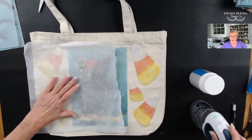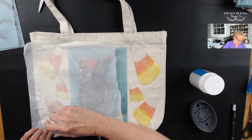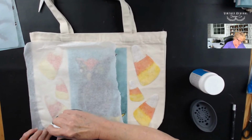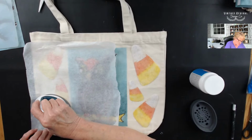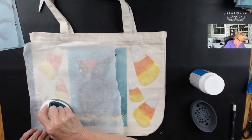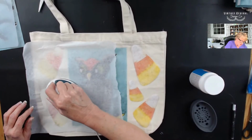And with my hot iron, we're going to iron these in place. I've got a little bit of a fold here, so that wasn't maybe the best place to put that, but I think we're going to be able to get it to work. And so the glue is on the back of these, and that is going to attach it to the fabric,